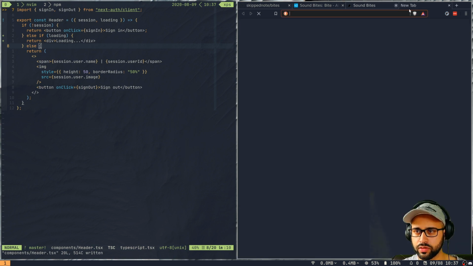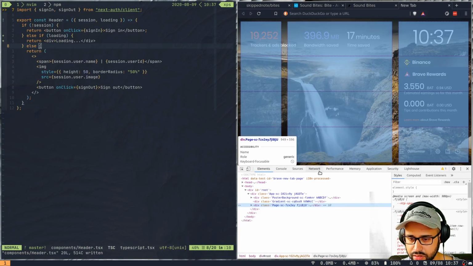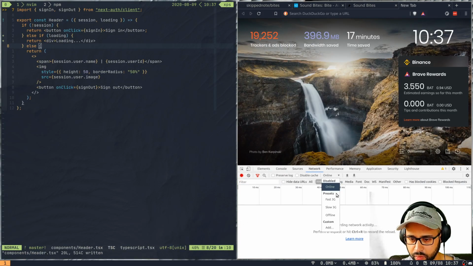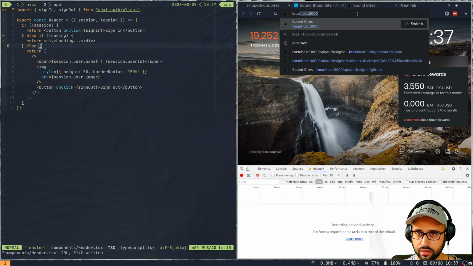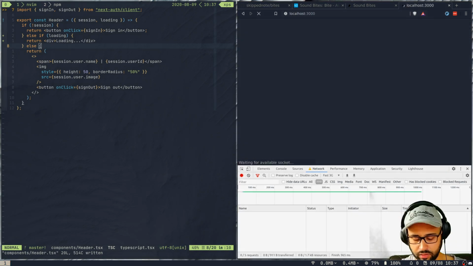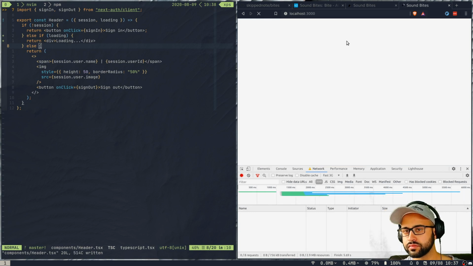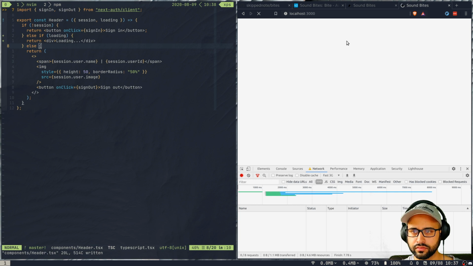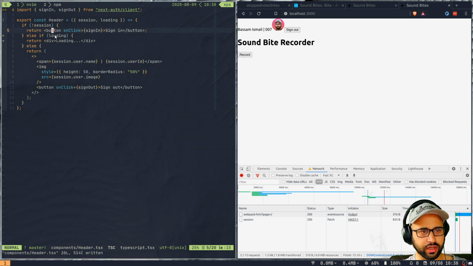How about we close this, open a new tab, make the connection slower, and that might help emulate it. So if I do localhost 3000 again, okay, it completely, I'm not sure, it didn't show loading at all, so I'm not sure what